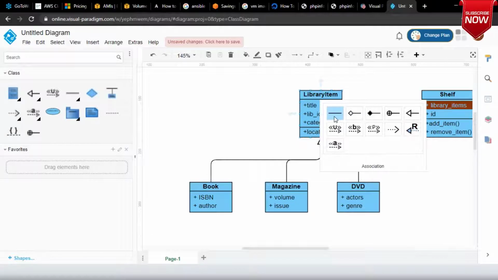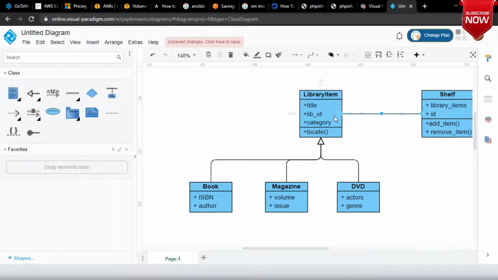Okay. So association, we have an association. But what is the kind of association which we have? Here we will have 1. And here we will have many. Yes or no? One shelf will have many library items. Do you agree with me on that? One shelf will have many library items.